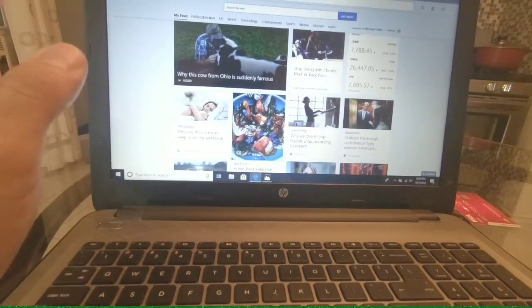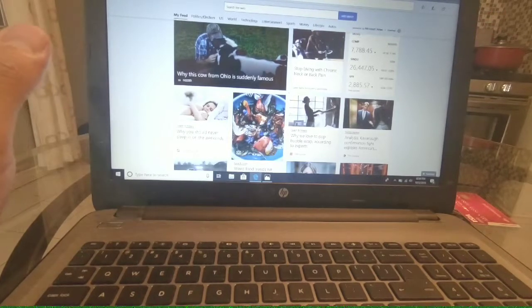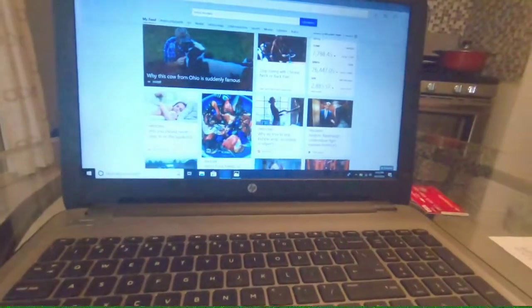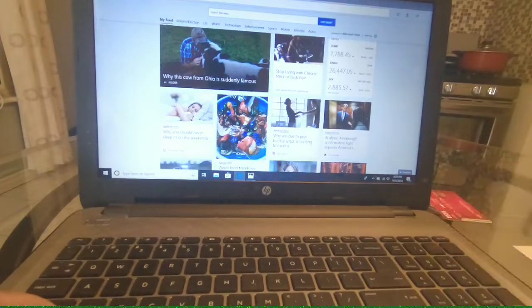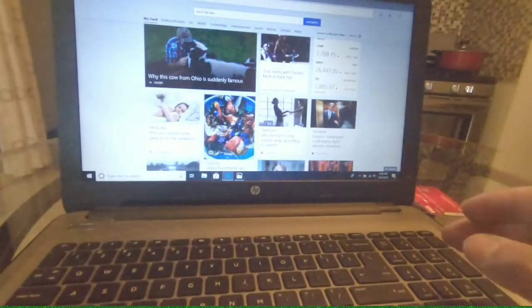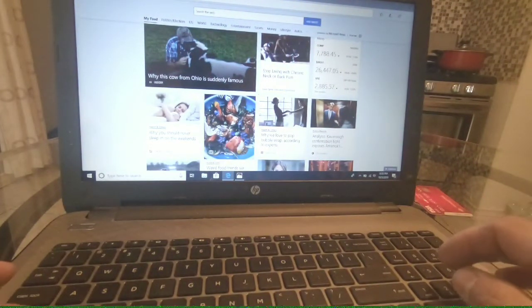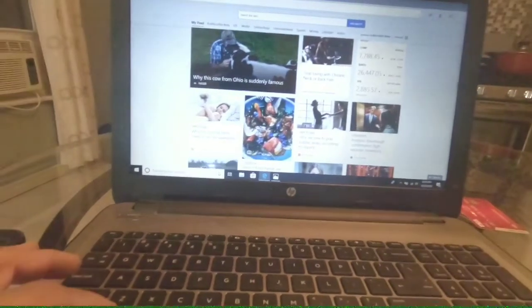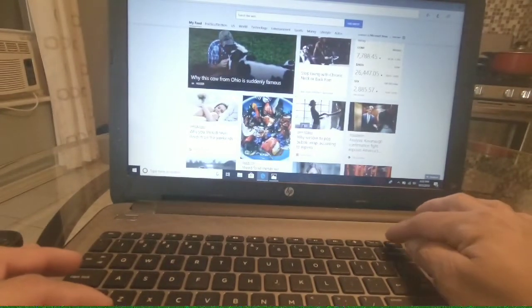Today I want to do a quick video on how to do a screenshot on a Windows 10 laptop. Okay, see this button right here? Here's your Windows button. Now you have this button up here. It says PRTSC. Okay, the first thing you do is push and hold the Windows button, and then press the